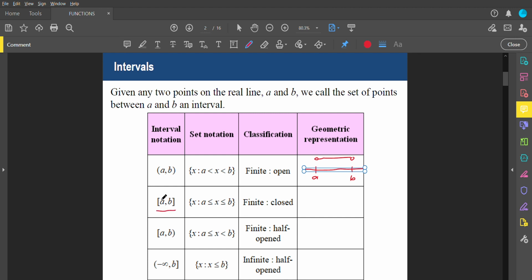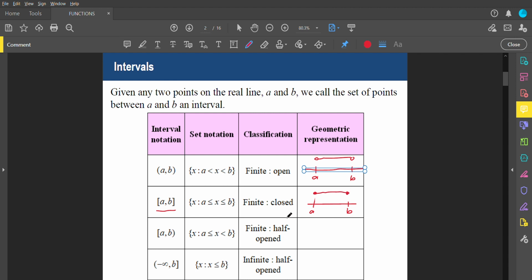And then we have the second one. This is the interval notation. We include both A and B, the boundary, inside our interval. It is what we call a finite closed interval. So this is how you represent it in geometric form. First again, we need to draw our number line. Then we have A and B, and instead of having an empty circle like we have in the first one, now we are going to use a filled circle to indicate the inclusion of our boundary A and B